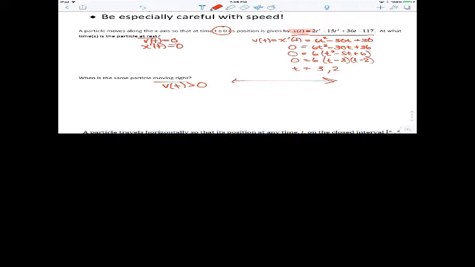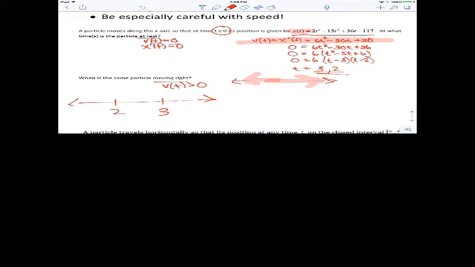Because if we're moving along an x-axis, moving to the right we would define as positive, moving to the left we would define as negative. So what I'm looking for here is when will that velocity be positive? So I'm going to start with, well, when is my velocity 0? And that's at 2 and at 3. And then I'm going to think about my signs, and I'm going to do sign analysis on the velocity function